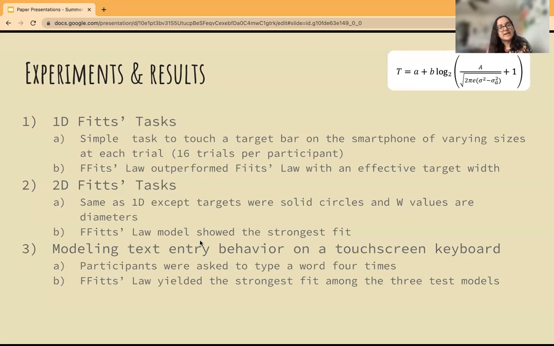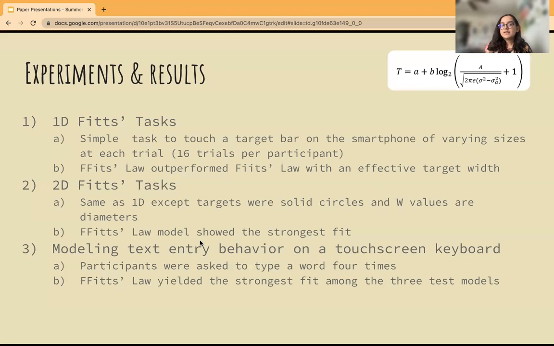2D tasks were the same as the 1D tasks, except there were solid circles and W values were diameters. So again, the modification was the strongest fit. To further discuss this apart from 1D and 2D tasks, they decided to check modeling text entry behavior on a touchscreen keyboard. So participants were asked to type a word 4 times, and the modification yielded the strongest fit amongst